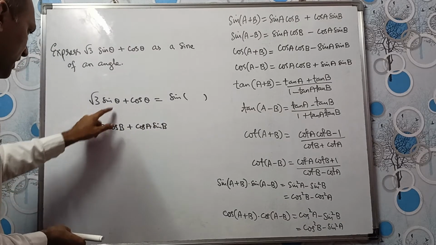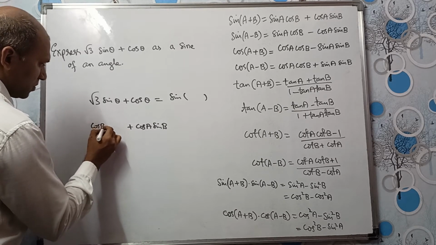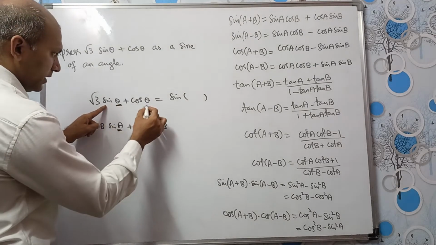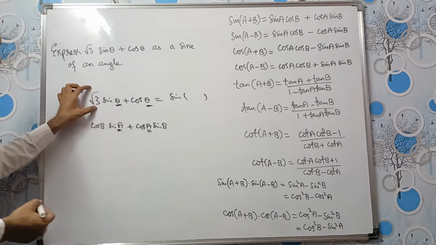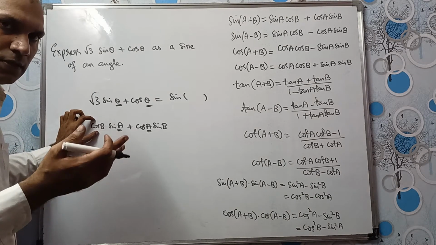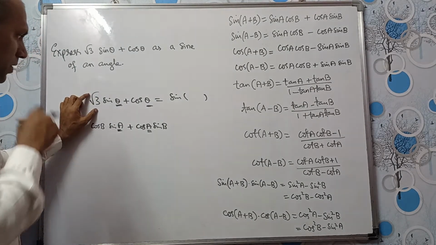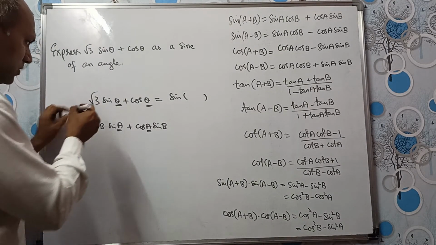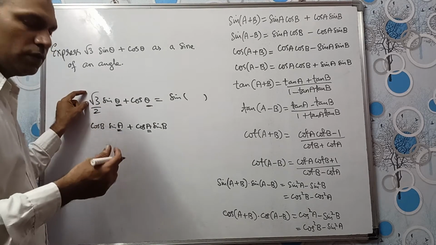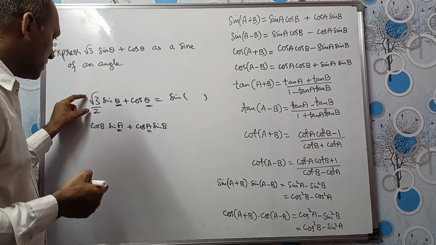Okay, so we have sin theta, sin A. Let us write cos B here now. Cos B sin A. So theta is A, right? To write root 3, cos B is not root 3, right? Cos will not be root 3, but it will be root 3 by 2. Because in cos values we will not have root 3, we will have root 3 by 2. Cos 30 is root 3 by 2, right? So that's why we have root 3 by 2.